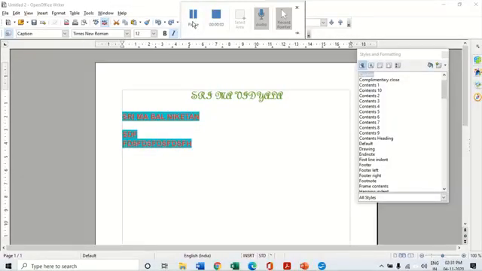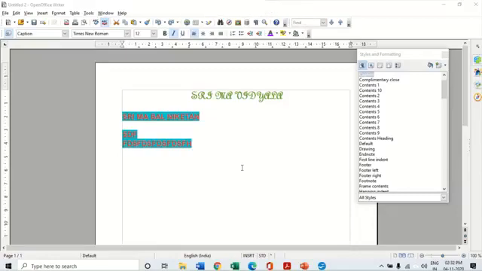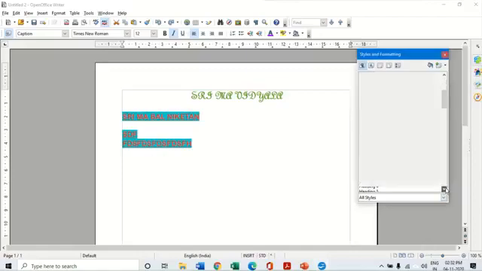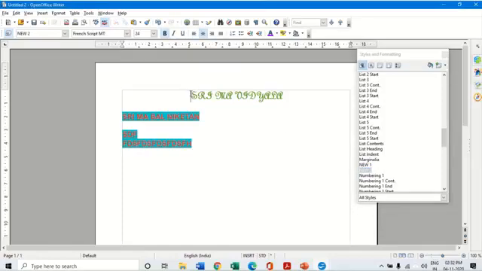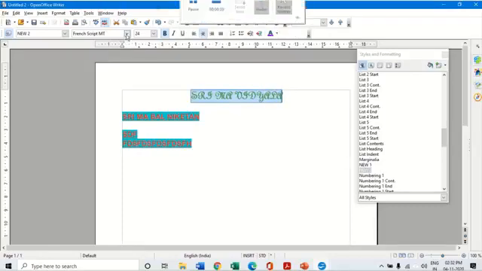Now that we know how to create a new style and give a name to it, let us understand that if we want to update this particular style, then what is to be done. So here we have already created this new style called new 1 and new 2. Suppose I want to update this new 2. New 2 is this particular style. When I select it, it gets selected automatically. It is French script MT 24 size and all.